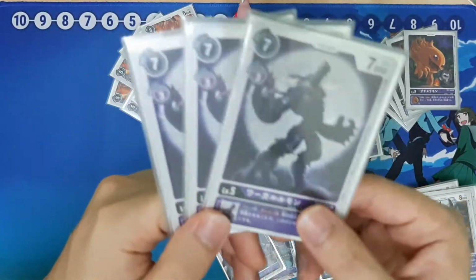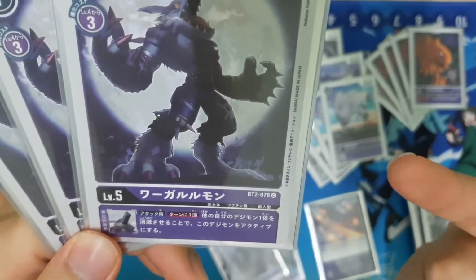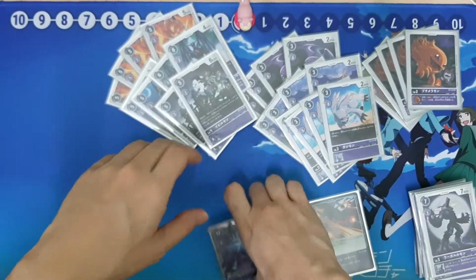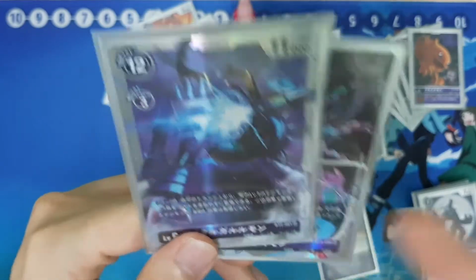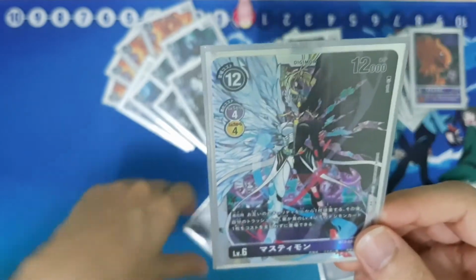Next, we have Trigger Garurumon. So he's here basically for the ESS. When attacking once per turn, you can destroy one of your own Digimon and restand your level 6. So what you're going for is that by restanding, Garurumon can summon 2 level 3s for you from your trash. Mastemon,